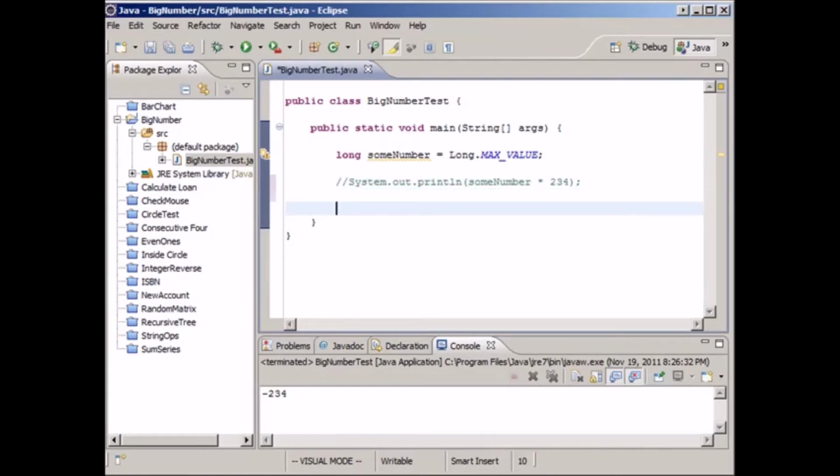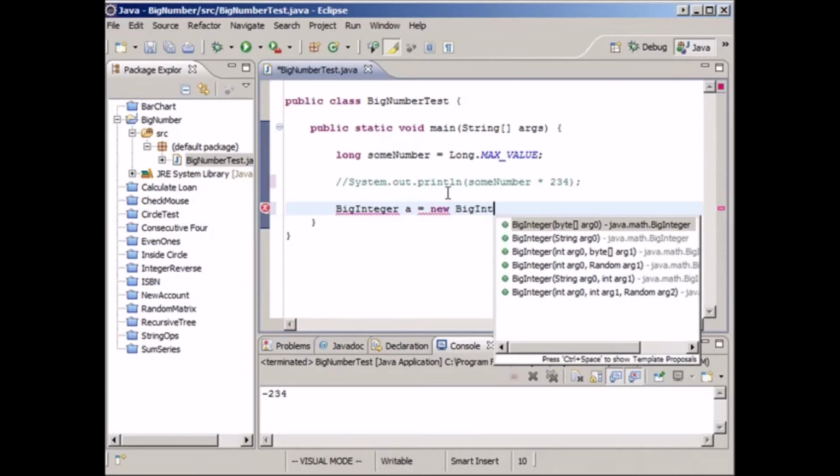Let's create a BigInteger object. It's just like any other object, so we have a few constructors. You can see here, the constructors take in a byte array, a string, or some other things as well. So a sign and a magnitude, so that's scientific notation, and all this kind of thing. You can note that none of these constructors actually take a number all by itself,